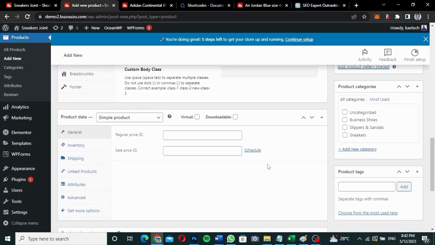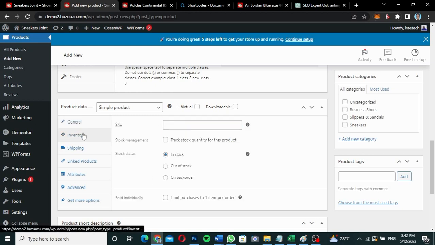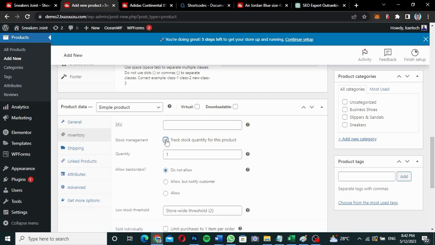Now I'm going to scroll down, and it is just a simple product, so we're not going to choose anything. We just type in the price over there. Now of course you can go ahead and set up inventory. Okay, so you set up the stock keeping unit, you give it an ID that you want to give it. If you want to track stock management, you can do so. If you want to set how many stock you have, you can also do it. If I click over here, I can just type in the number of shoes that I have. So let's say I have